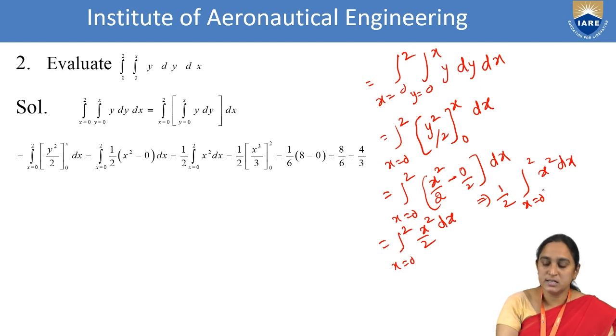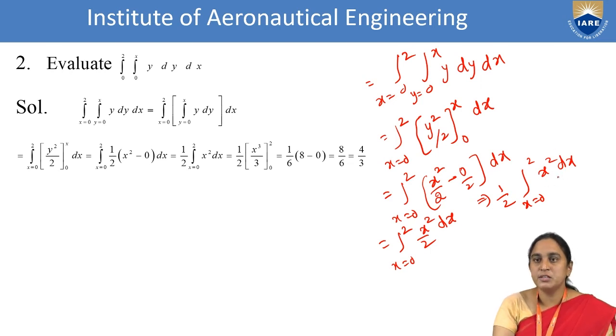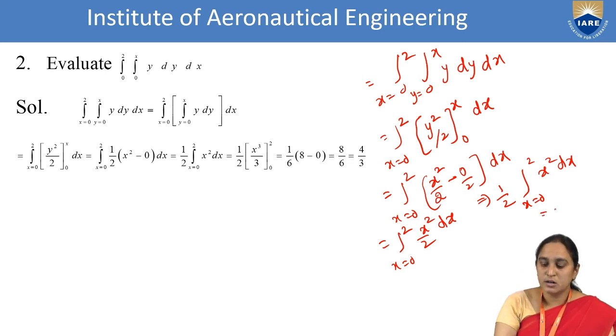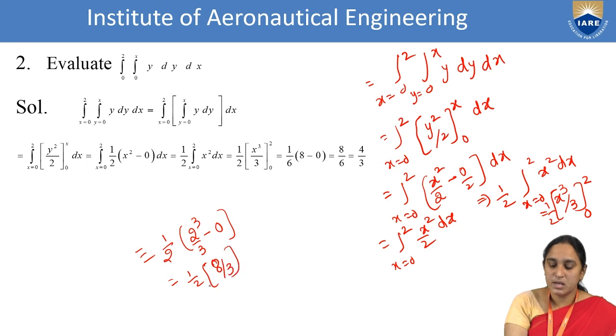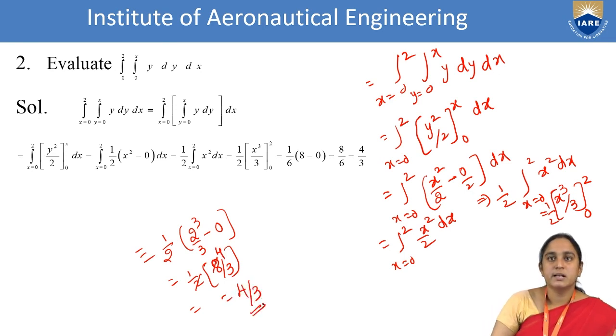Okay, now what is the integration for that? Now it will convert each and every term in terms of x, and the x limits are constant, that is x is equal to 0 to 2. Now the integration of x square is x cube by 3. Here already 1 by 2, limits are 0 to 2. Then the next step, x cube, upper limit is 2, that is 1 by 2 into 2 cube by 3 minus the lower limit 0. That is 1 by 2 into 8 by 3. Okay, 8 by 3, here 2 4s. Therefore, the answer is 4 by 3. Okay, this is the second question's answer.